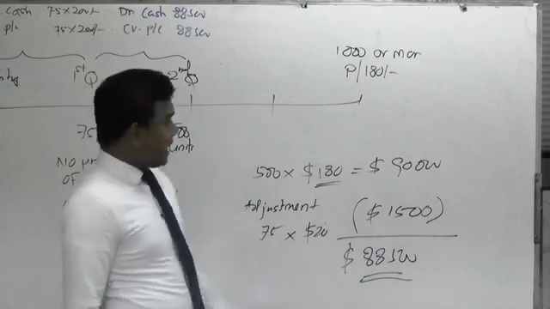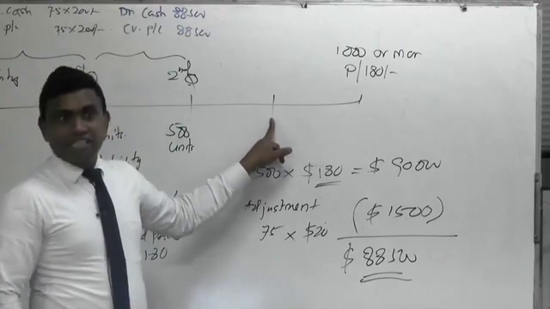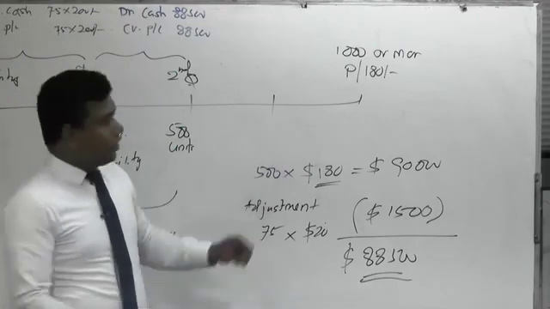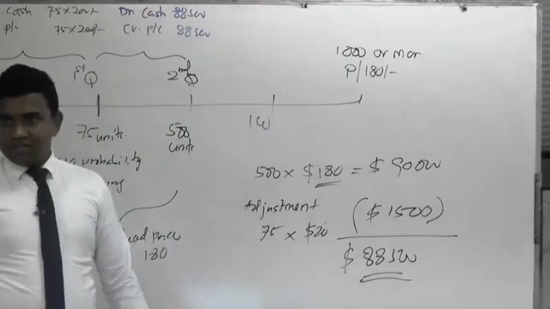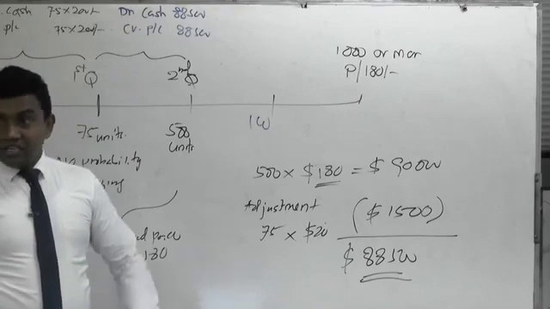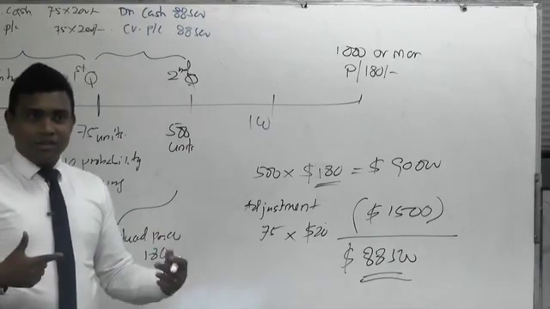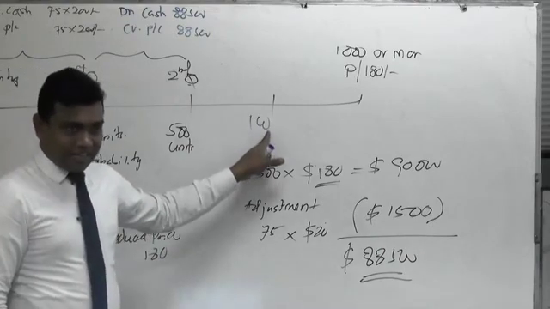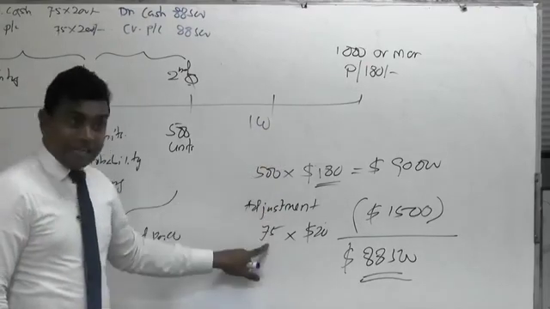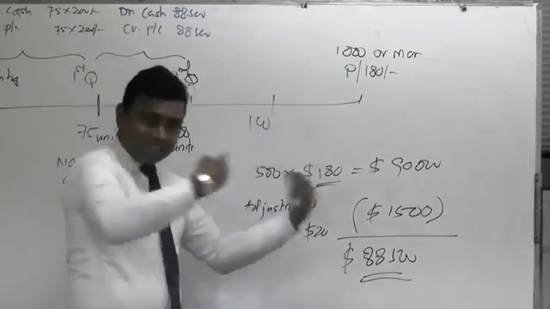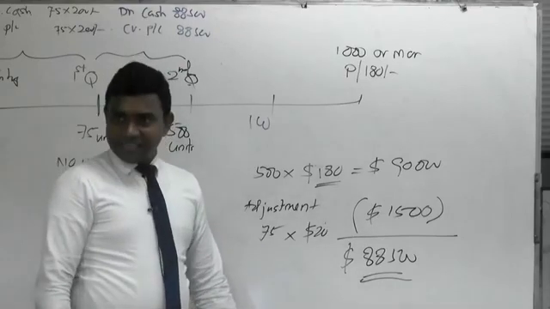Is that clear? Assume at the end of the third quarter, the customer goes bankrupt. They only bought 100 units here, assume, and he was bankrupt. Now there is a probability that he is going to be bankrupt, right? Is there a probability of getting 1,000? No. Then what you have to do? Multiply this by 200 again, right? Then multiply this by 20 and add to this price and charge the amount, because you are retrospectively adjusting. Is that clear?